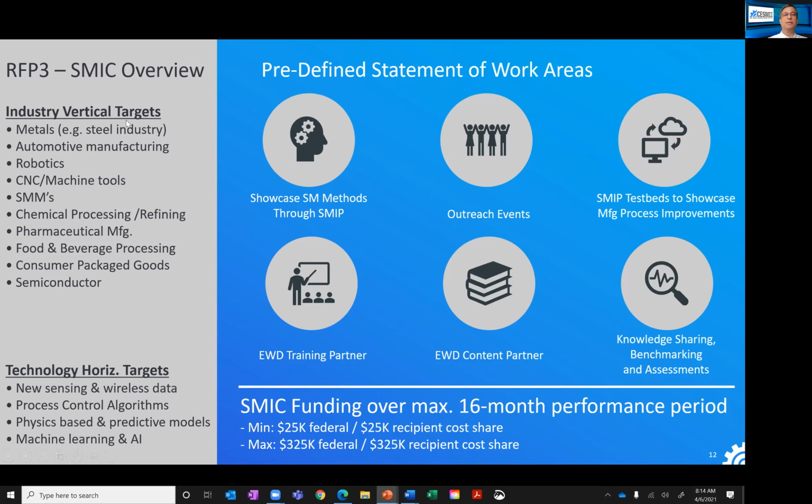So I'll provide a little more detail in a few minutes, but for the scope of work for these SMICs, there's 6 predefined scopes of work, and you can pick and choose any one of the 6 or any combination of the 6 you'd like to do. And there's fixed funding, so we're looking for a 16-month period of performance with a minimum funding level of $25,000 over these 16 months federal or SESMIC provided dollars, and $25,000 of cost share or in-kind co-investment from the SMIC